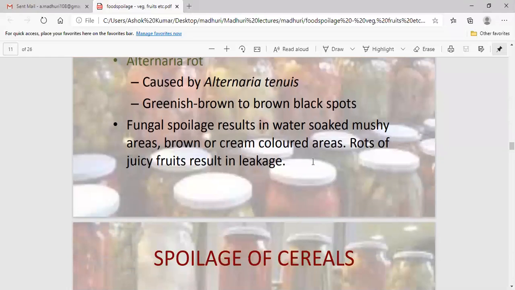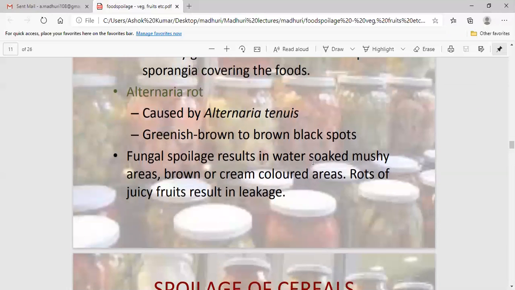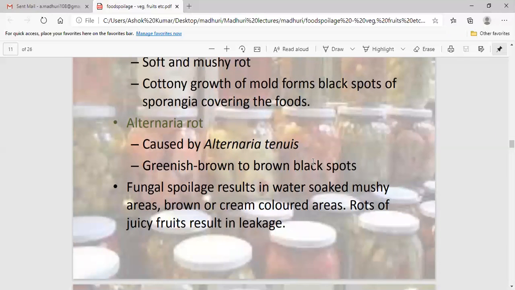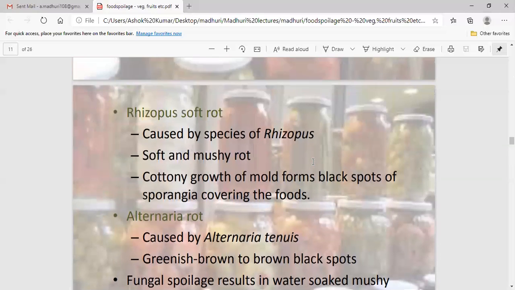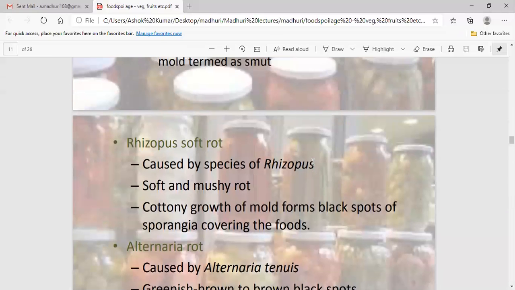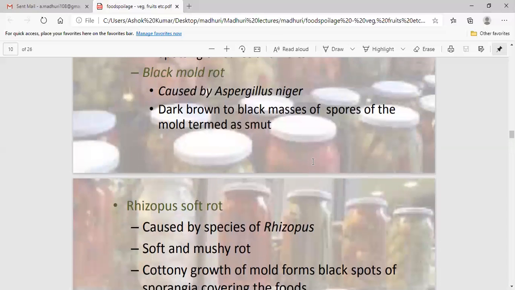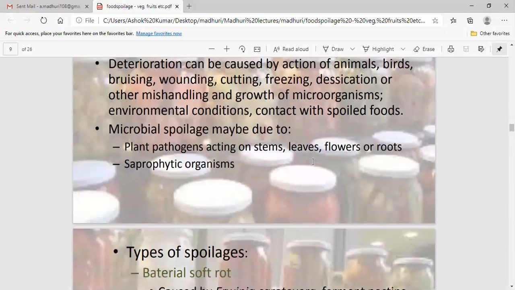So all this content whatever we have studied till now is covered under spoilage of fruits and vegetables. It can be asked in the exam, even as an essay: write about spoilage of fruits and vegetables. So we have to remember all types of spoilage, all types of microorganisms, and the symptoms which can be seen on the food due to this spoilage. Okay,